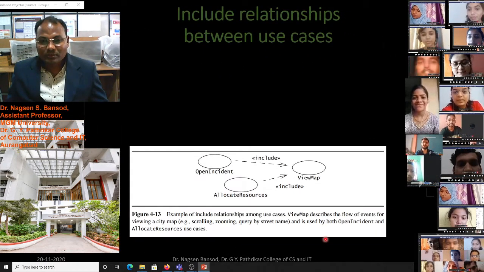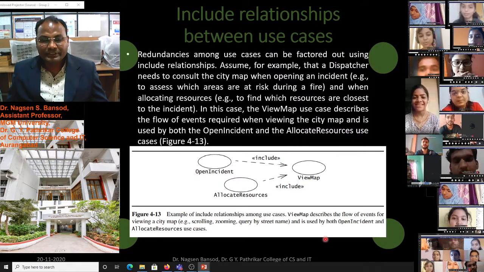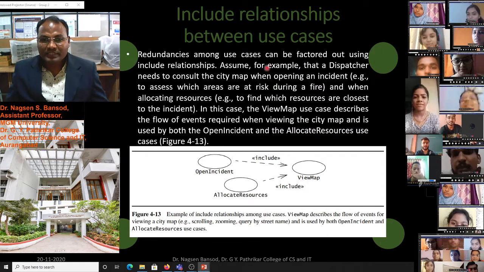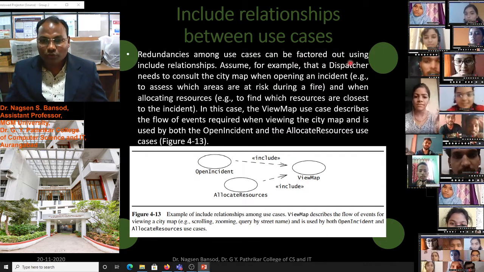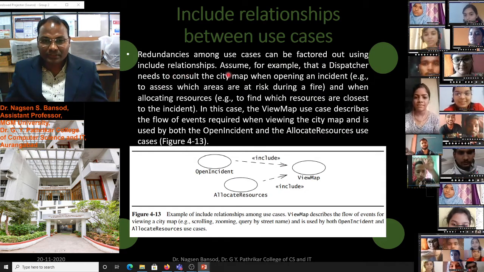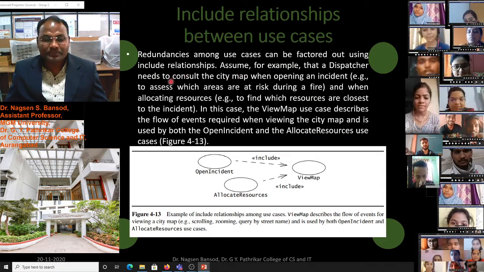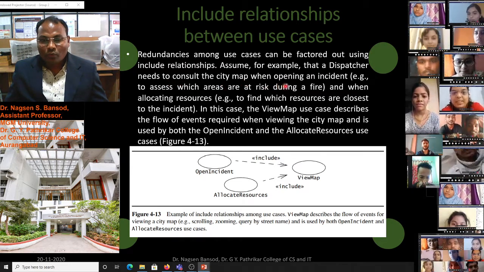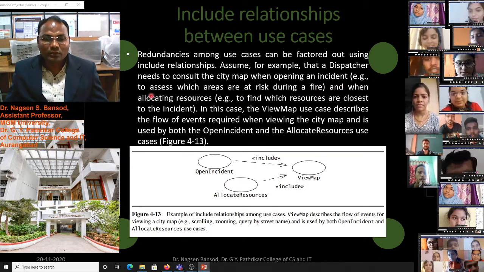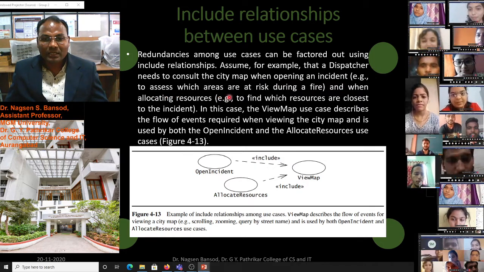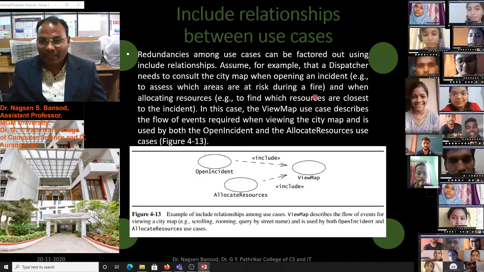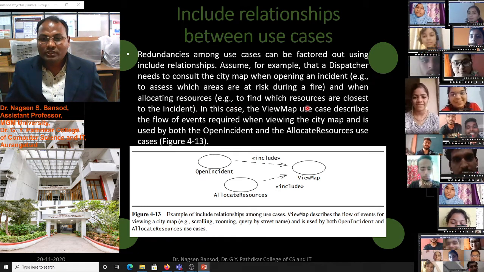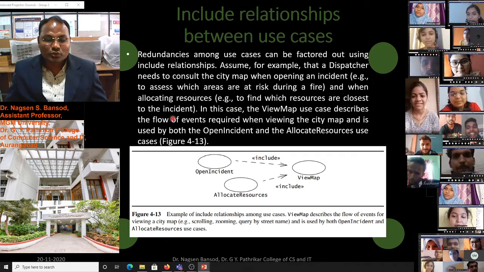Include use case. There is another type of use case, the include use case. Redundancy among the use cases can be factorized out using the include relationship. Assume, for example, that the dispatcher needs to consult the city map when opening an incident, for example to assess which areas are at risk during a fire, and when allocating resources, to find which resources are closest to the incident.